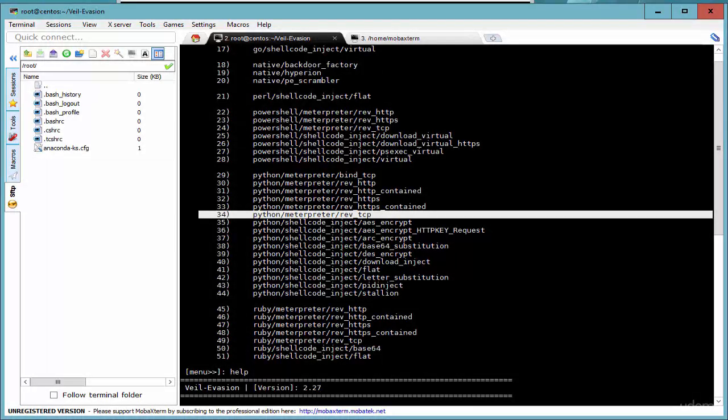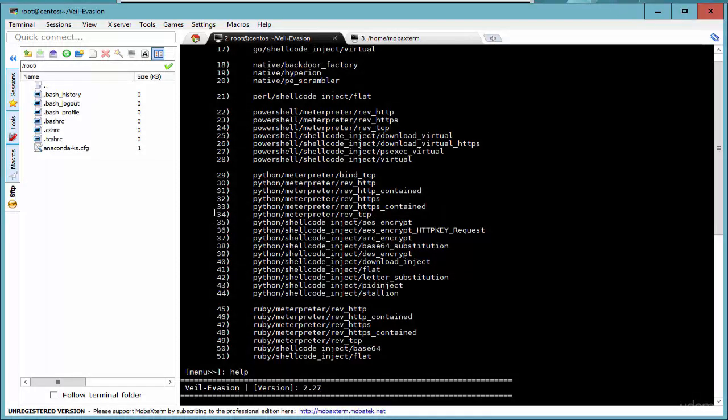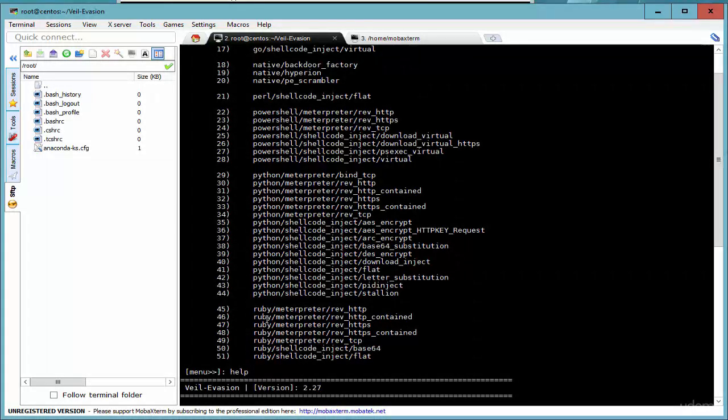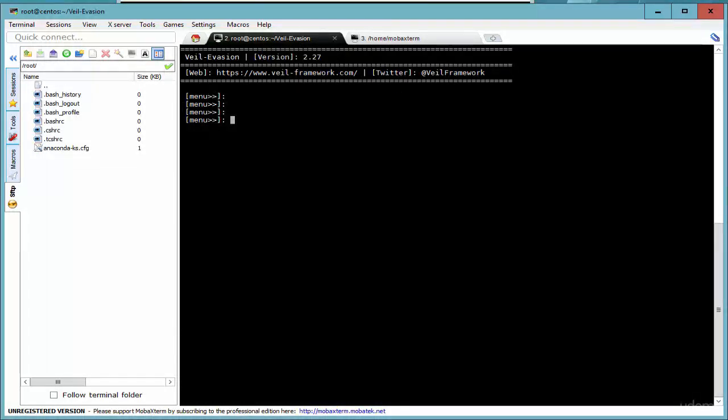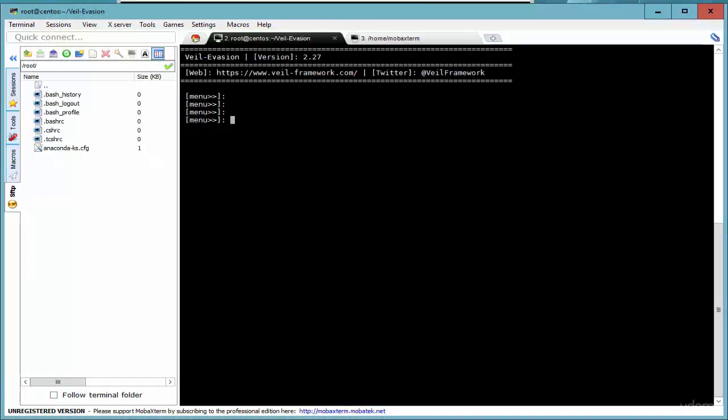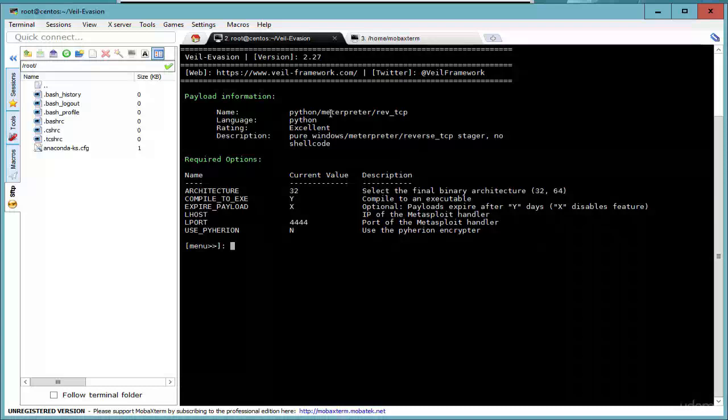Once we type in info 34, it will then present the information about the payload for us and show us the options required to create the payload. So let's go in and type in info 34, and we will then be presented with a screen that will show us all the options for that particular payload. It will tell us the rating of the payload and also give us the required options to then create the payload correctly. Let's have a look at the info here, and as you can see, it does give us a